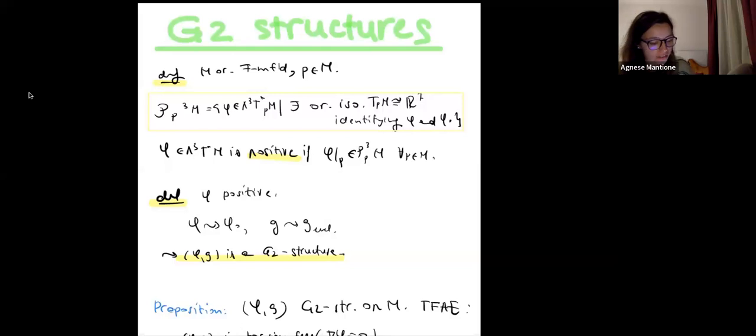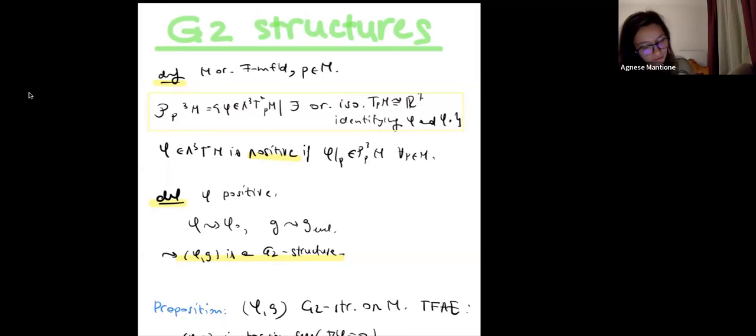Because of the second description of the G2 space as the stabilizer of that 3 form,